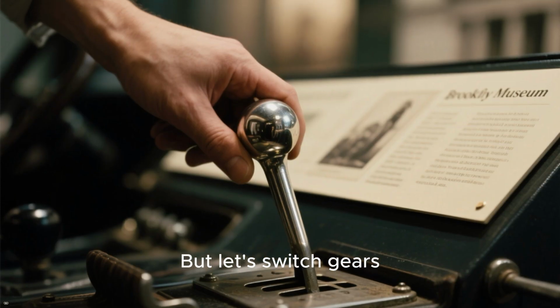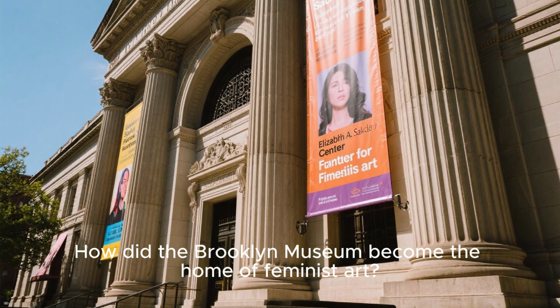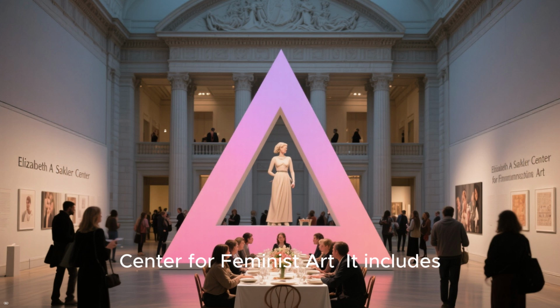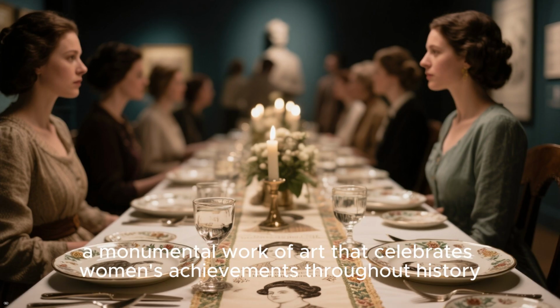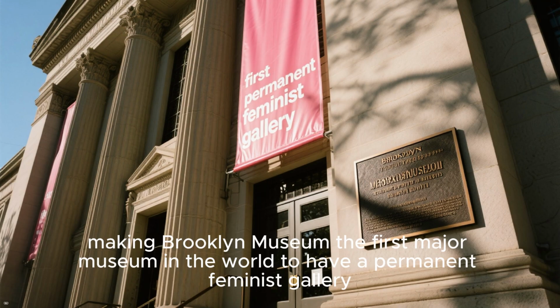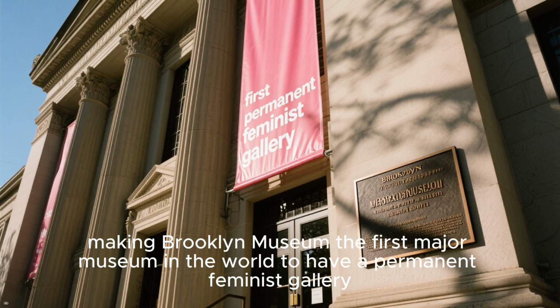But let's switch gears. How did the Brooklyn Museum become the home of feminist art? In 2007, the museum opened the Elizabeth A. Sackler Center for Feminist Art. It includes Judy Chicago's famous Dinner Party, a monumental work of art that celebrates women's achievements throughout history. This was a bold move, making Brooklyn Museum the first major museum in the world to have a permanent feminist